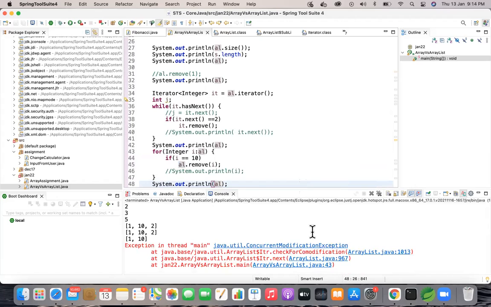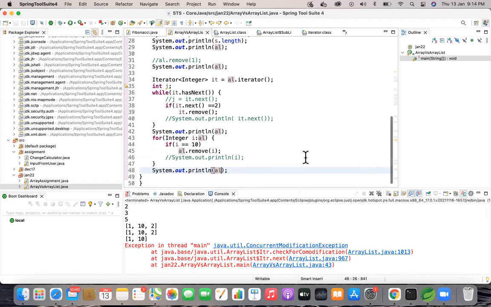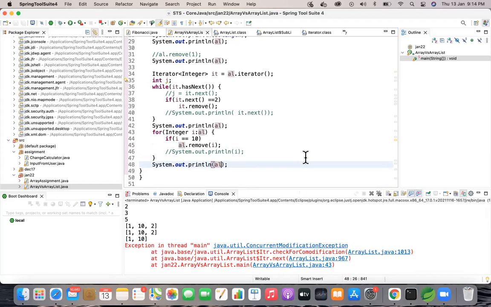So what happened is you got something new error which you haven't seen so far, which is concurrent modification exception. In case of iterator, whenever we are doing iterator, it will create its own list in the backend. And if you want to do some explicit operations on specific value or indexes, we'll be able to do that, and that happens in that specific copy. So there won't be any issues.